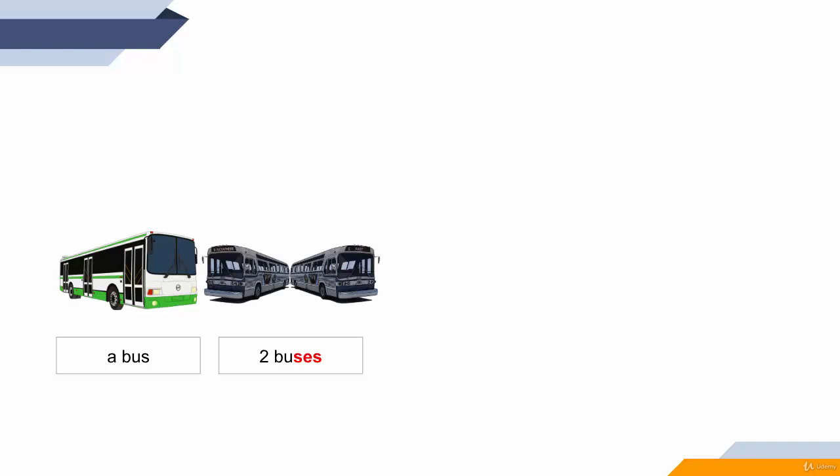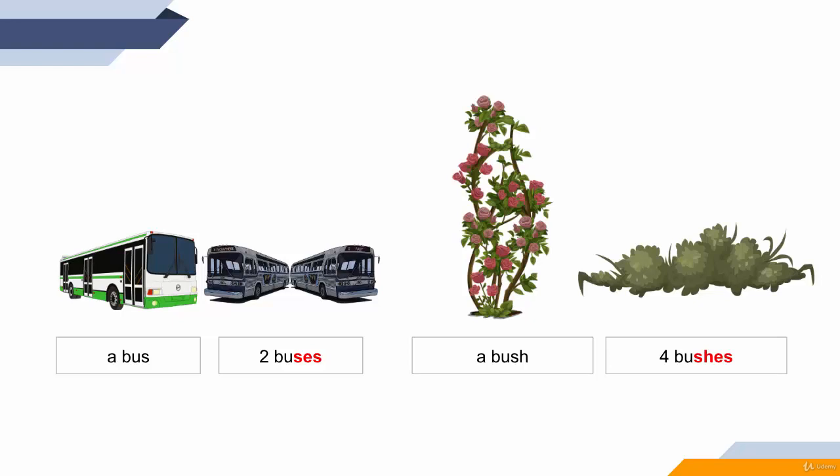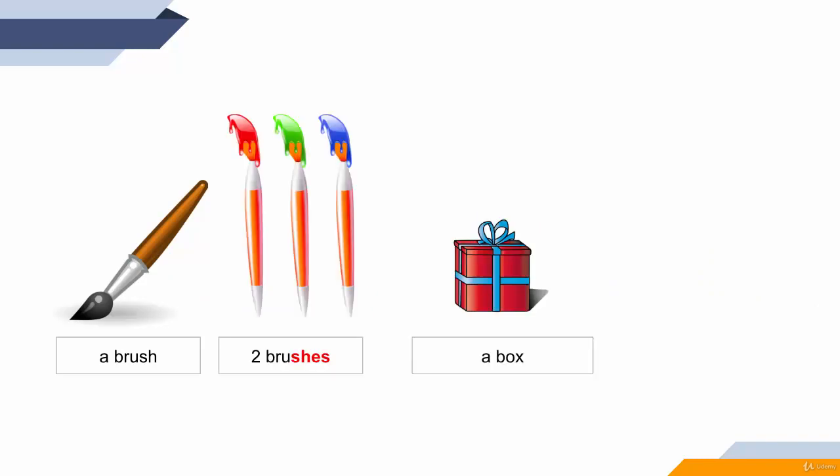What happens when the word in singular finishes in s? For example, you can't say a bus, two bus, right? You need to make it easy to hear. So you say a bus, two buses. Or a bush, again, you can't say two bush. You say two bushes. You add e. A bus to buses, a bush to bushes, a brush to brushes. A box,